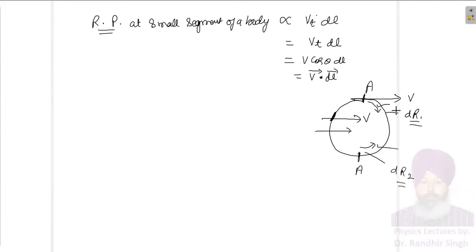So this is a rotation at a small portion of the wheel. Will the wheel rotate or not rotate? For that we have to add up all these rotations to see whether the wheel will rotate. So I will therefore define total rotating power. It is also called circulating power